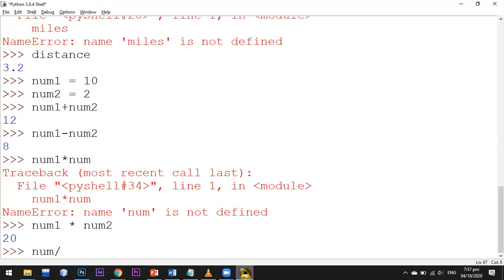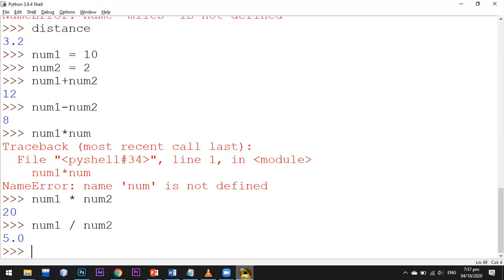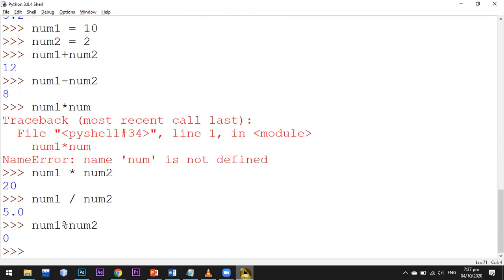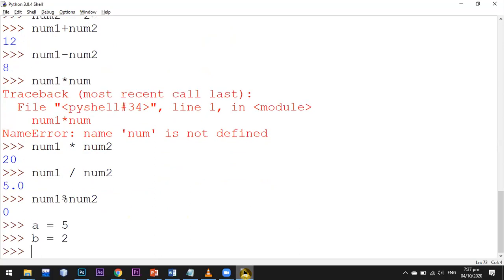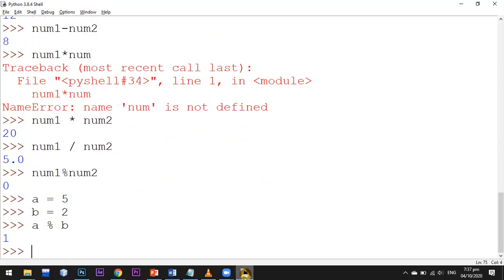Num1 divided by num2 is 5.0. And if I want to get the remainder, obviously it will be 0. So num1 remainder num2 is 0. Let's say a is equal to 5, b is equal to 2. Now if I divide this by this, the remainder is 1. So it divided 2 times and the remainder is 1.